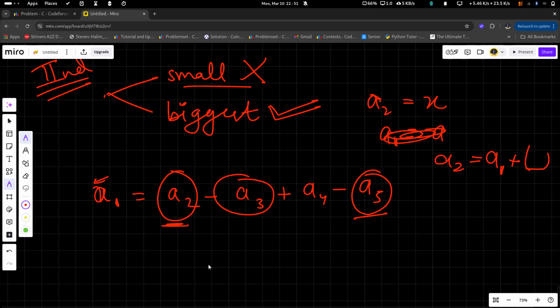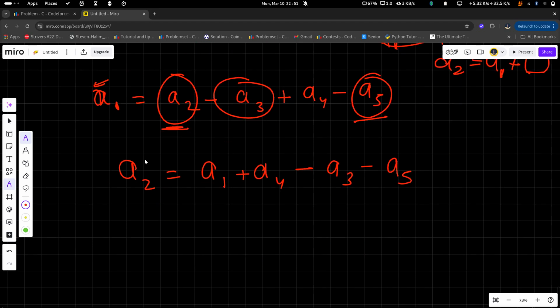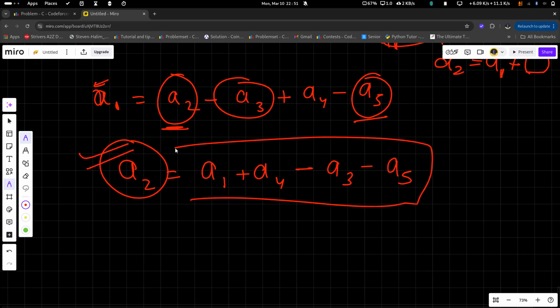So I can say that a2 will always be equal to a1 plus a4 minus a3 minus a5. Now when I am doing this, I will find a2. So for a2, this is the formula. Now how can I make it the biggest? How can I make a2 the biggest value?